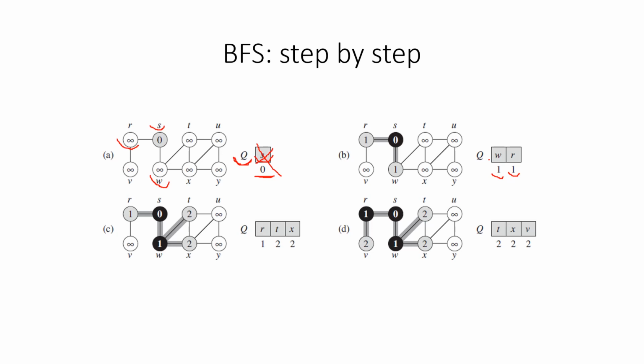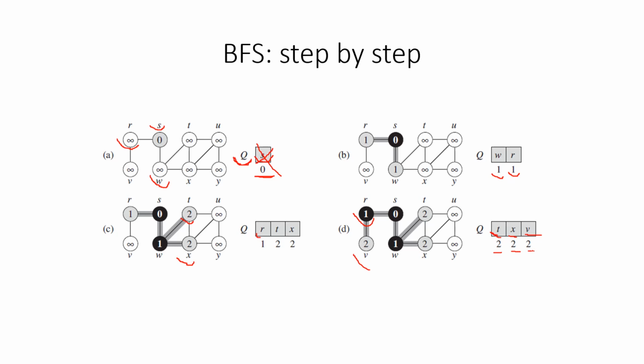So we take out W from our data structure and start to explore all the adjacent elements. So it's T and X. So we take out W from our data structure and put T and X into our data structure, and the first element is R, so we take out R. We put the adjacent element of R into our data structure, which is V, right? After these steps, our data structure becomes T, X, and V, and all the discovery time